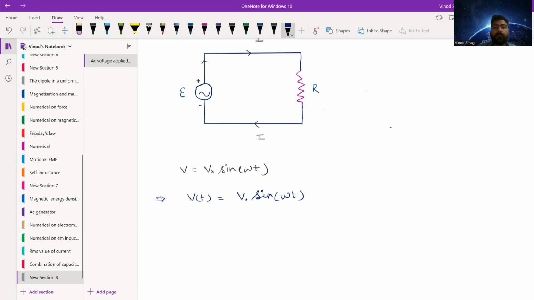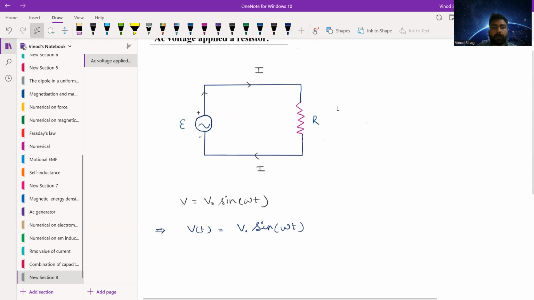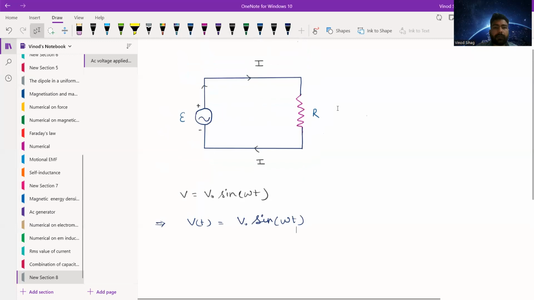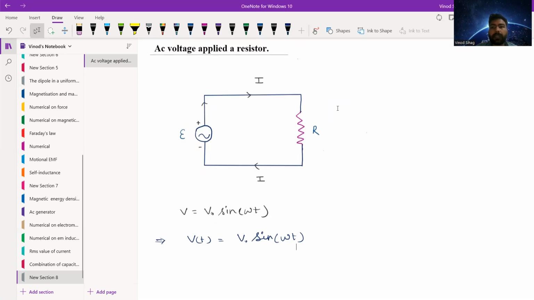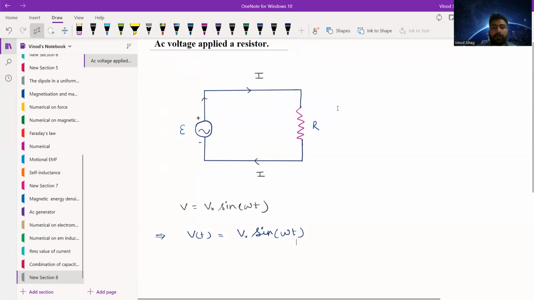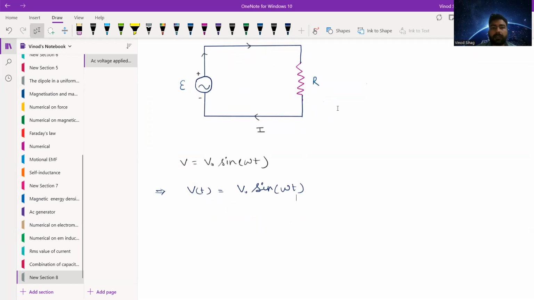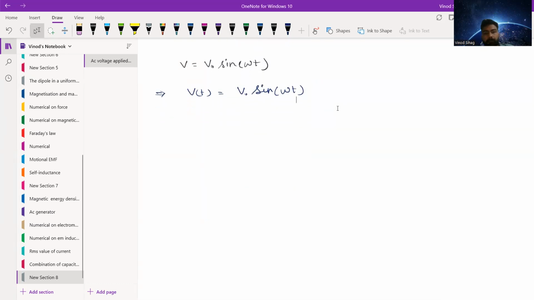Now for finding out the current, we can apply Kirchhoff's loop rule. According to the loop rule, we can find out the current which is flowing through the resistor R. Kirchhoff's loop rule, or KVL, sorry, the Kirchhoff voltage law, says that the total sum of voltage differences for a closed circuit is always zero. So let's